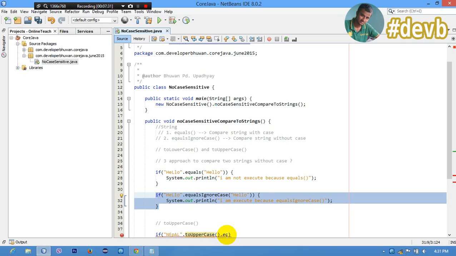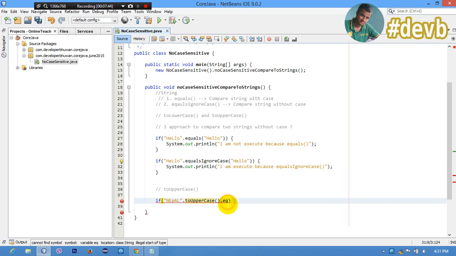But by using the equals method we are also able to compare strings of dissimilar cases by using the toUpperCase and toLowerCase methods.